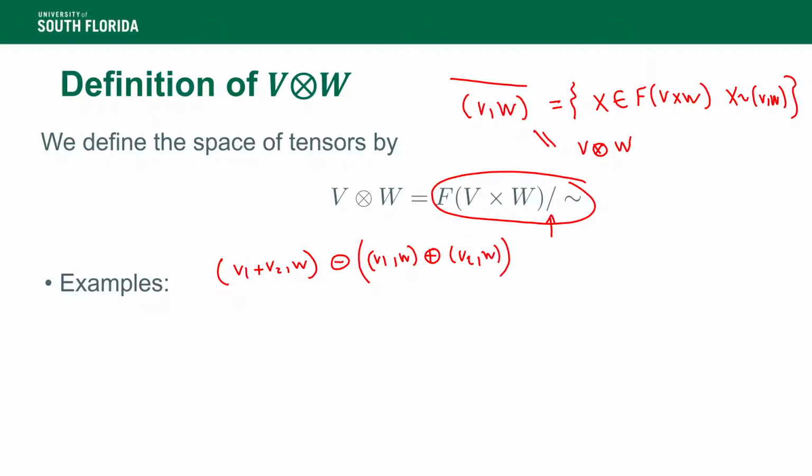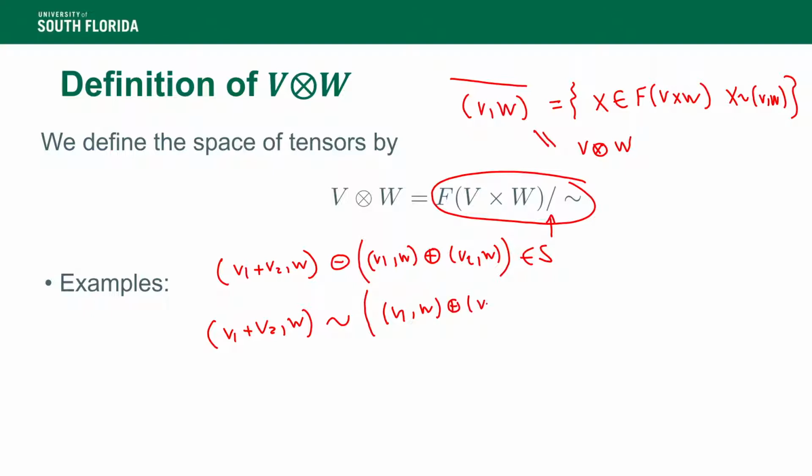Okay, so this is contained in S. So what does this mean? This means that we have (V1 + V2)W is in the same equivalence class, or we could say is equivalent to the element V1W